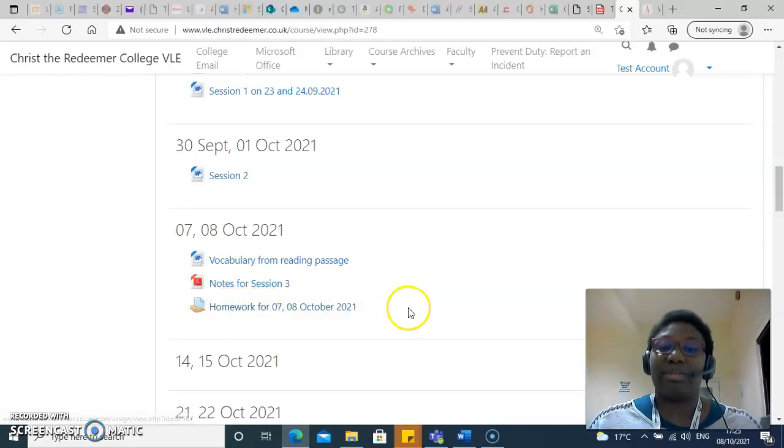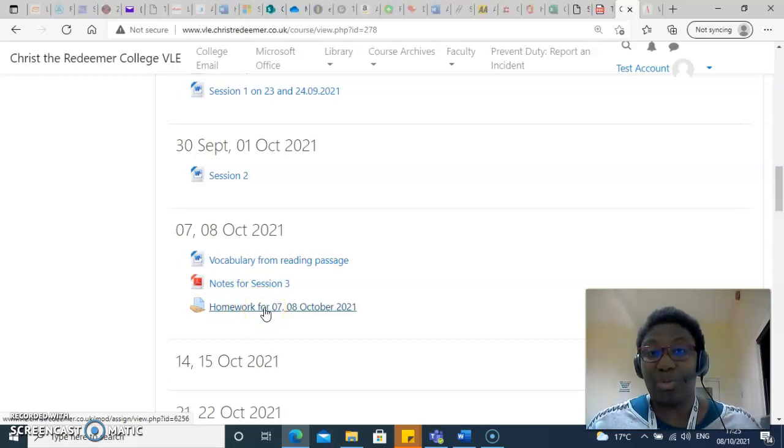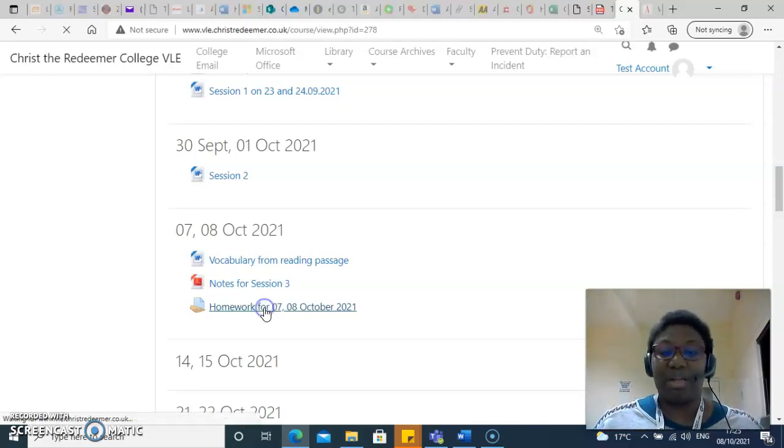Now your most recent homework should go here. Whenever you see this icon for a homework, please submit into that submission box. This homework is for your lecturer to be able to help you to progress through the course. So if you click on that,